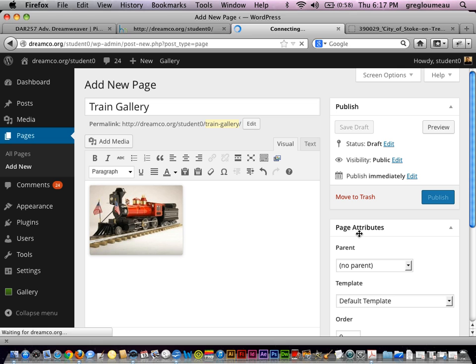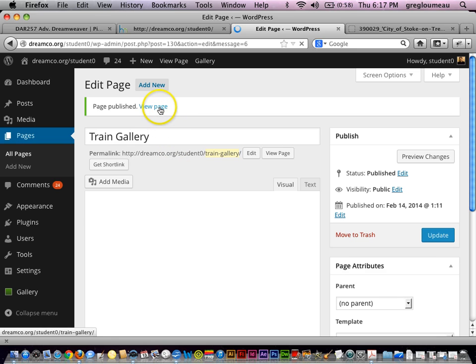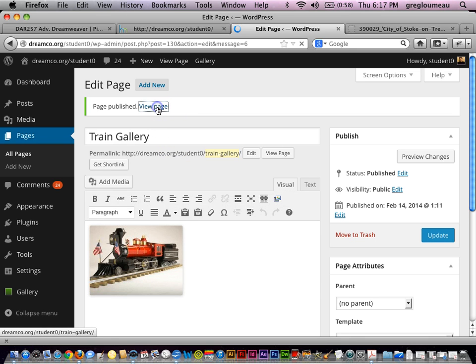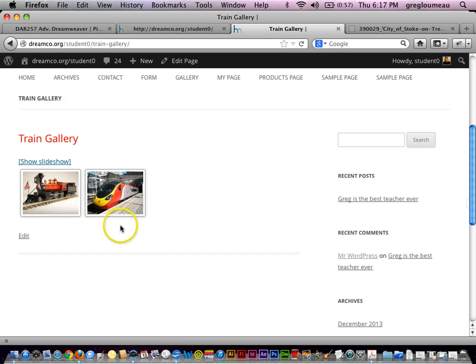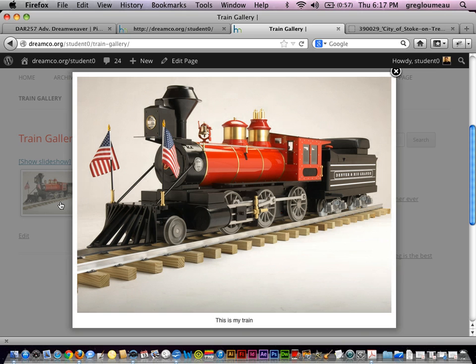And give that a chance to update. And after it's updated, in the center top of your screen, you will see a link called View Page. Go ahead and click on that. And it should take you to the new web page you created with the gallery, which will be 2 little thumbnail images. So once you get there, scroll down, click on the first image, and it should blow up